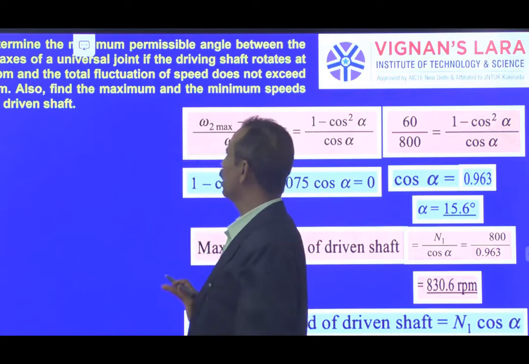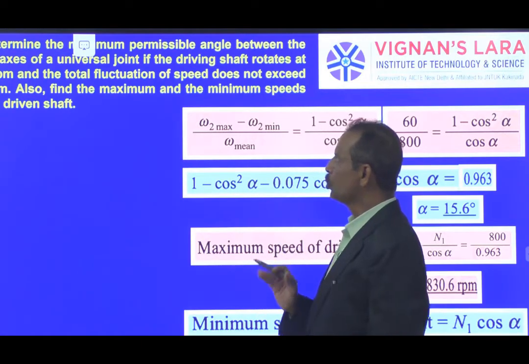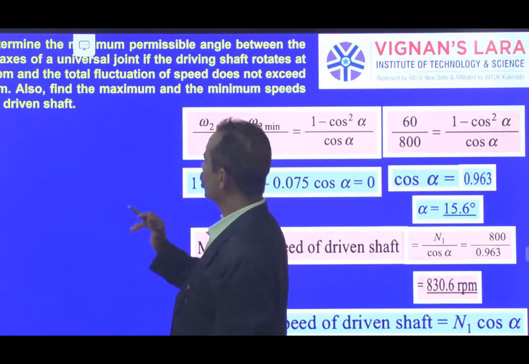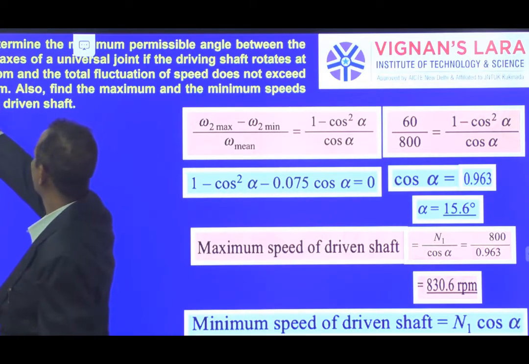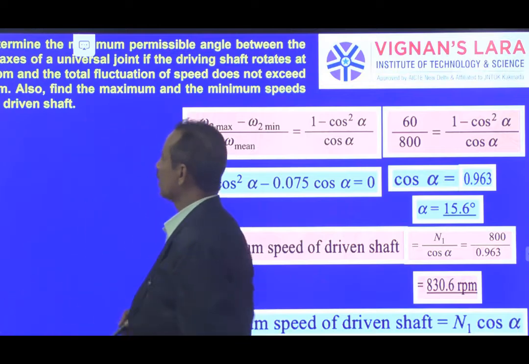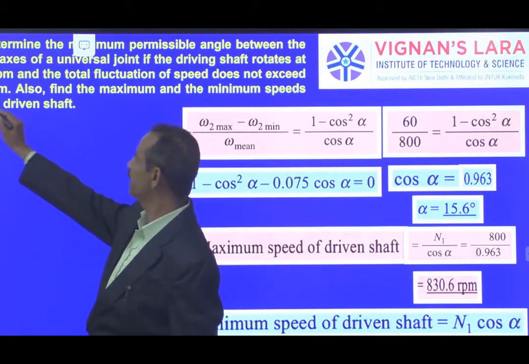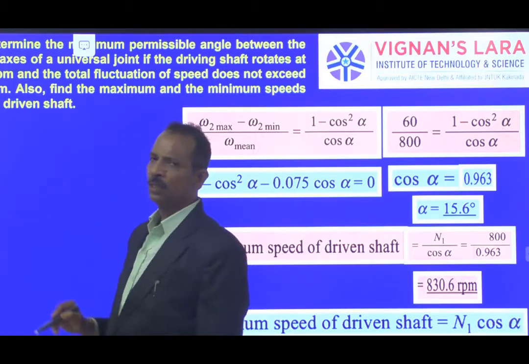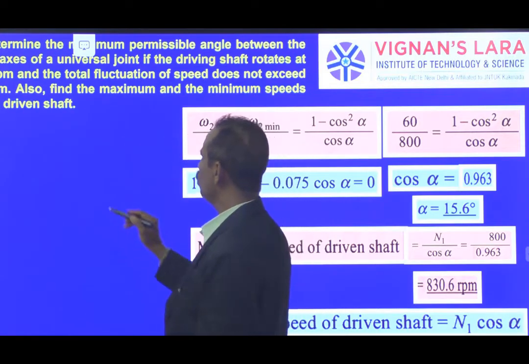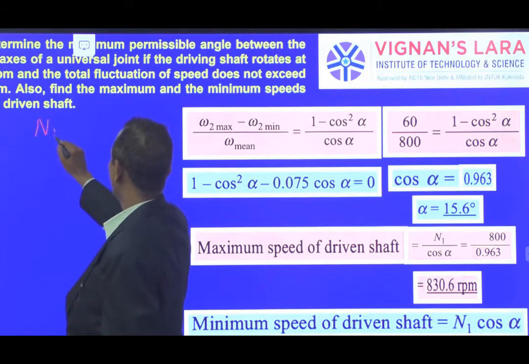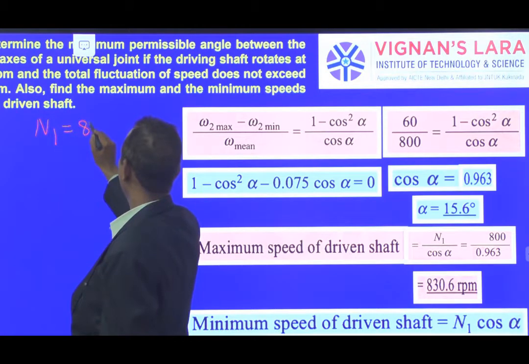This is a hook joint where the input shaft speed is 800 rpm and the total fluctuation of the speed should not exceed 60 rpm. So these are the two values of data given, that is N1 is 800 rpm,